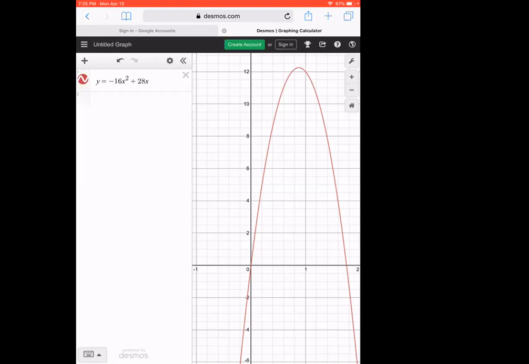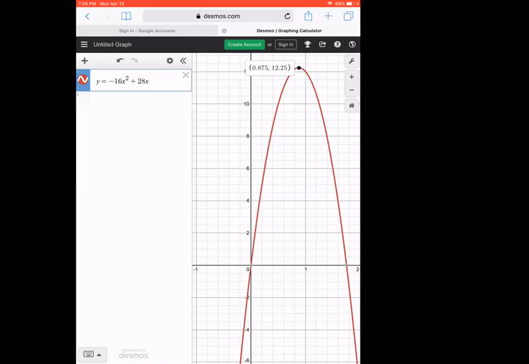So you could do it by hand, negative b over 2a, plug it back in, get to your vertex that way. Or if you're going to use Desmos, you might as well let it do it for you. And I think if you just tap the vertex, a little dot appears, and then it gives you those values. Yeah, it just tells you. I just tapped it. So if you're on a computer, when I tried on my computer, it automatically, if you just click near there, it gives you that little dot.